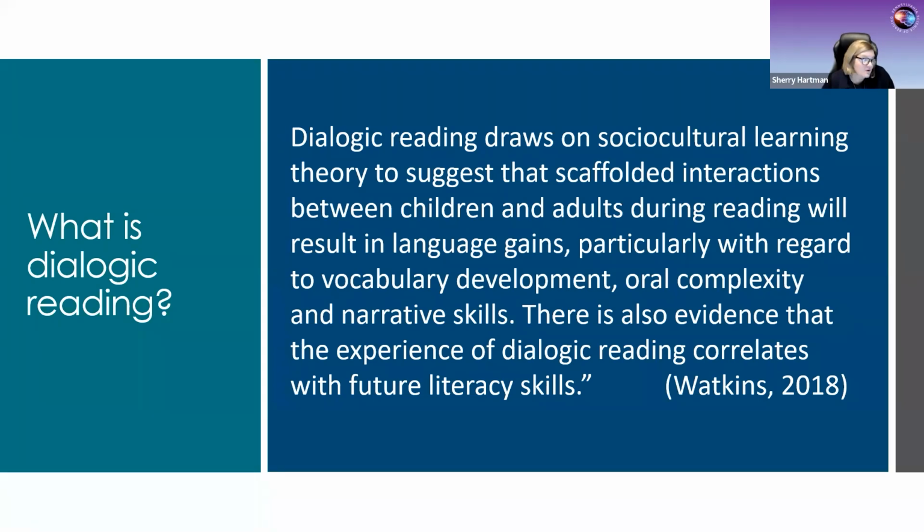Right. And some of the comments are some of the ones that I'm sure: scaffolding interactions, vocabulary. I see a couple people wrote down vocabulary, experiences, oral complexity, correlates with future literacy skills, oral language development and vocabulary development, scaffolded interactions. Another one, experiences, oral, okay. Language gains. I think I got most of them, but dialogic reading is one of those processes that through just some conversation with kids about books around the text that they're reading, it can be a very powerful